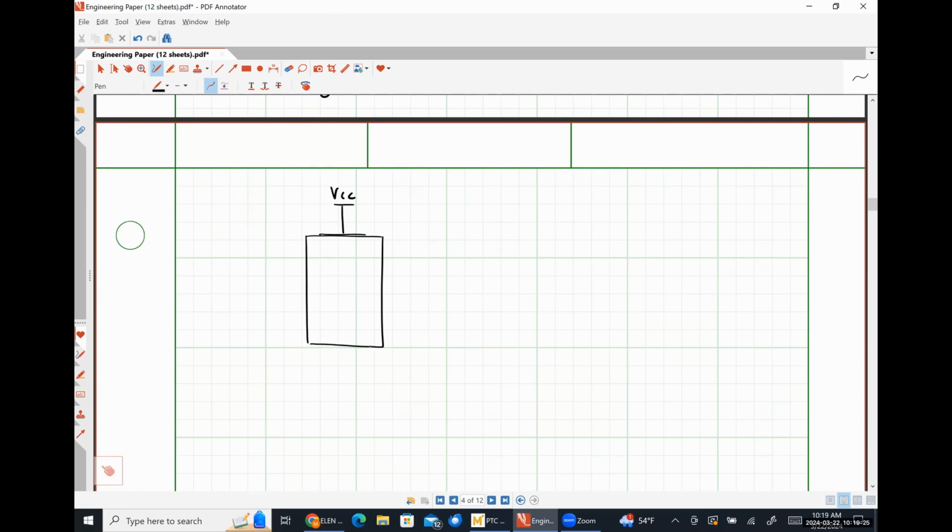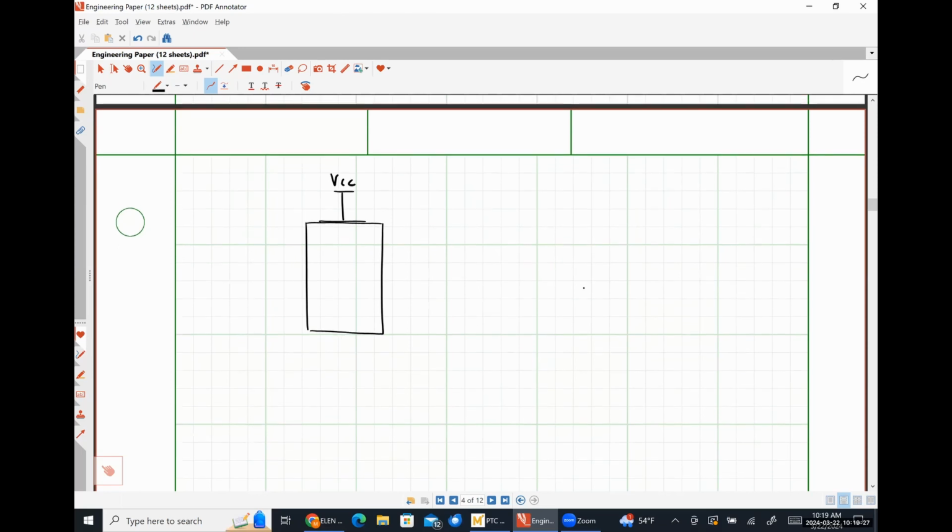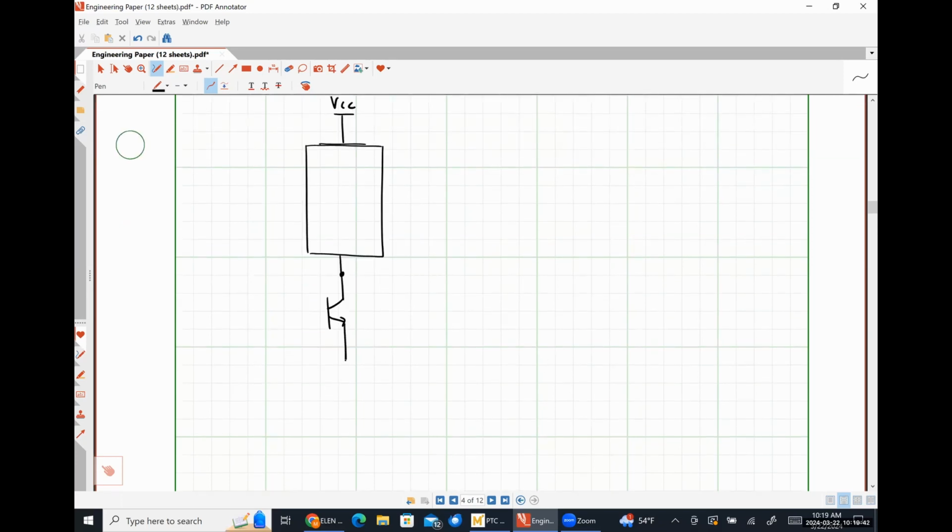So this box right here represents a transistor current source. This Q1, Q2. Here's where we're going to take